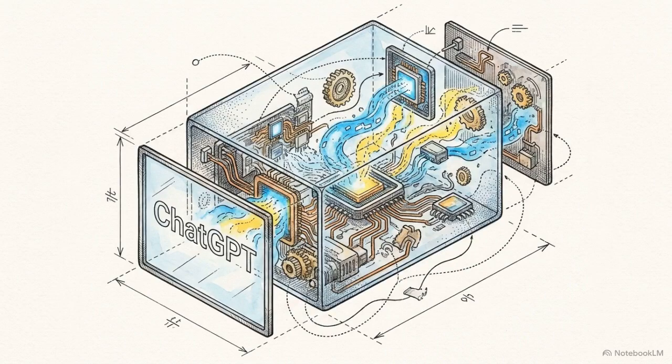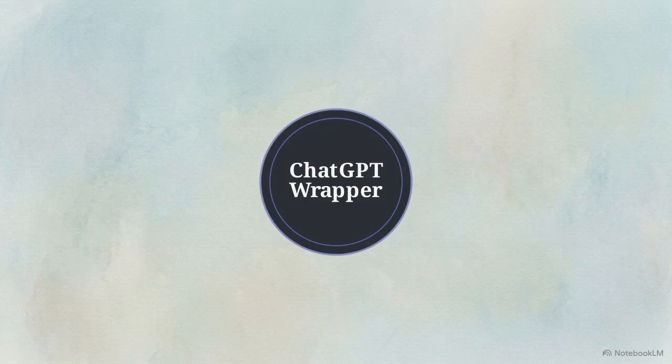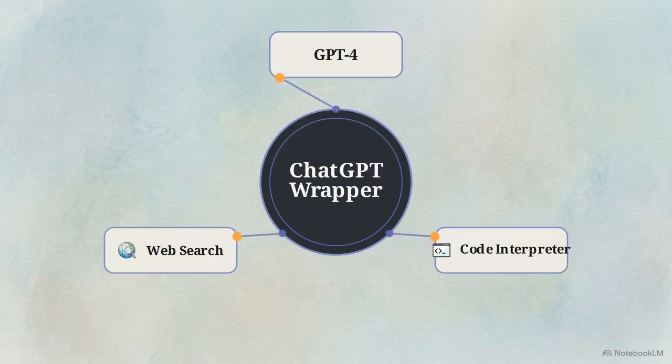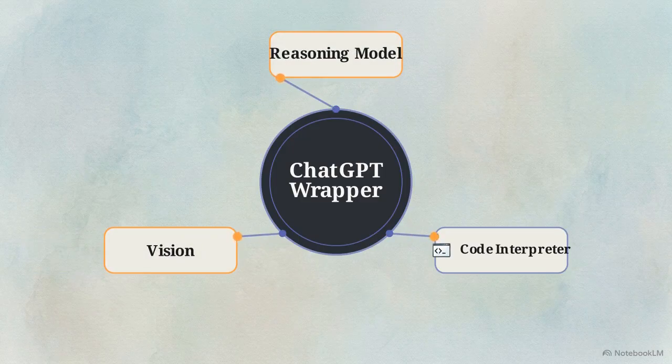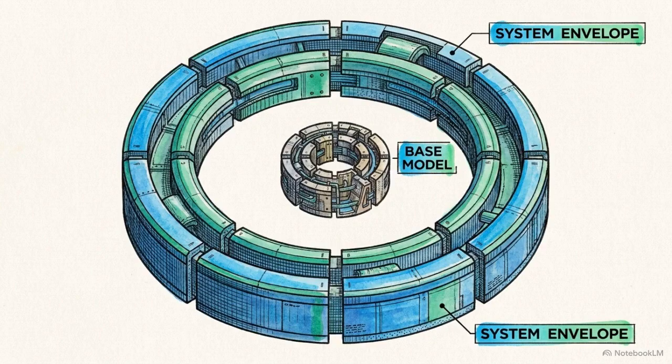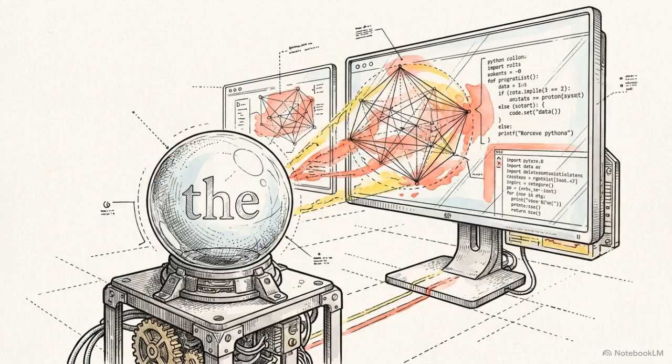The term ChatGPT describes a product wrapper, not a permanent or single neural network. It is an evolving system that can change its underlying models and tools depending on the date, subscription, or specific user request. To understand modern frontier models, we must separate the underlying base model from the scaffolding of tools, memory, and safety routers forming the system envelope. Recognizing this separation explains how a statistical engine designed to predict the next token can eventually execute computer code and